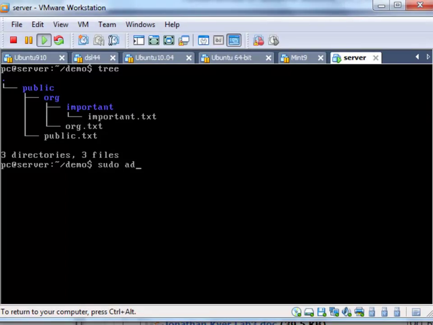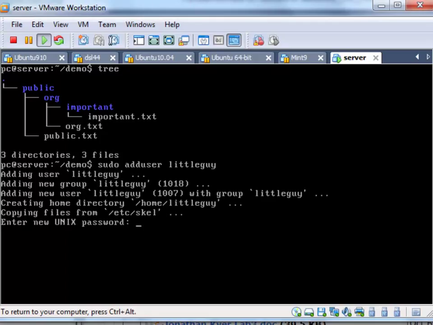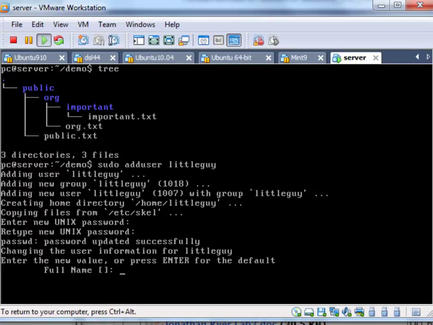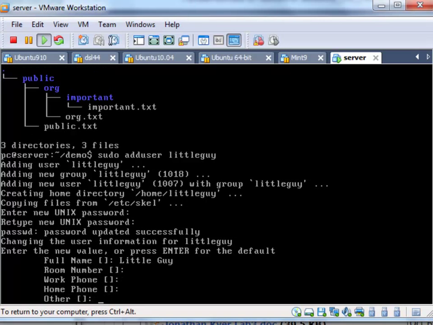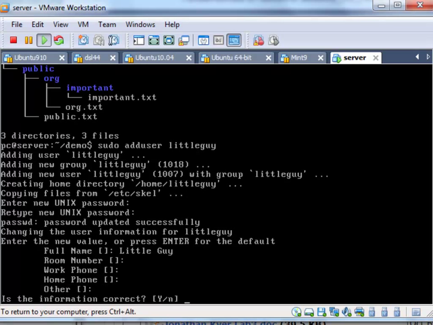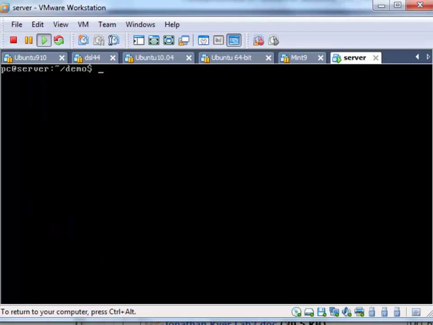So let's type sudo adduser little guy, and we give it this password and the name. We won't worry about the ancillary information in here. So I've added 2 of the groups, and we just need to add the public group. So we type sudo groupadd public,